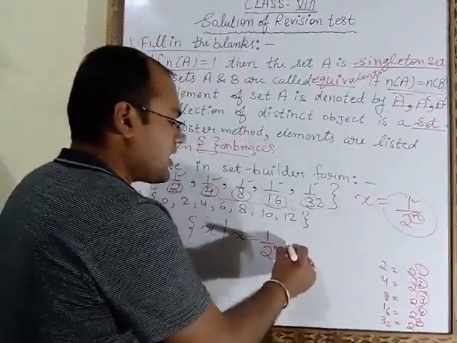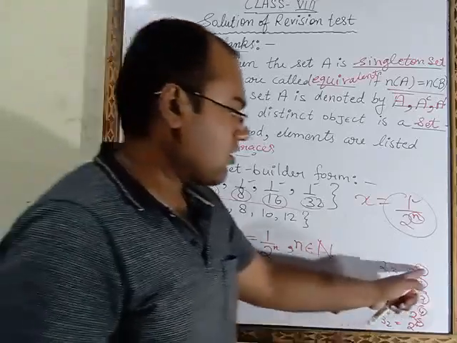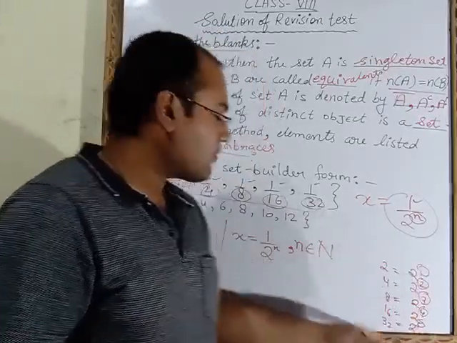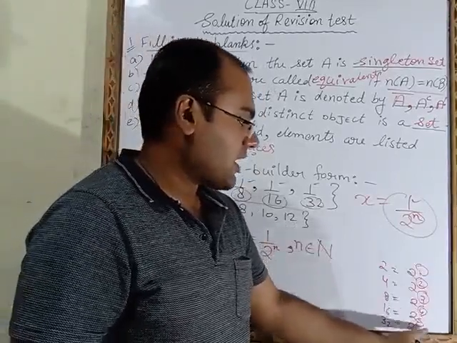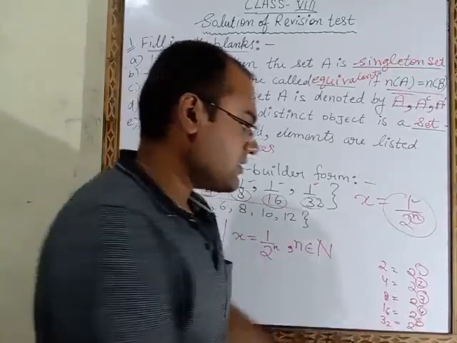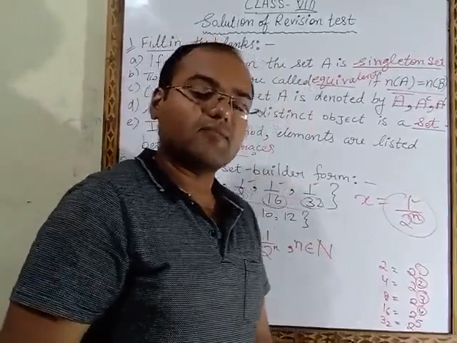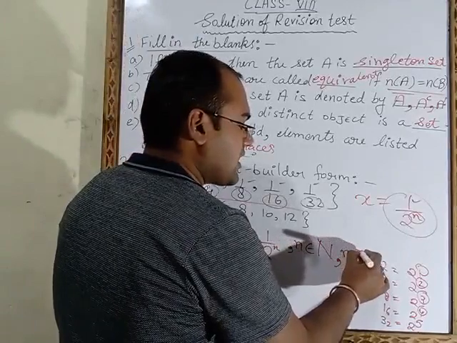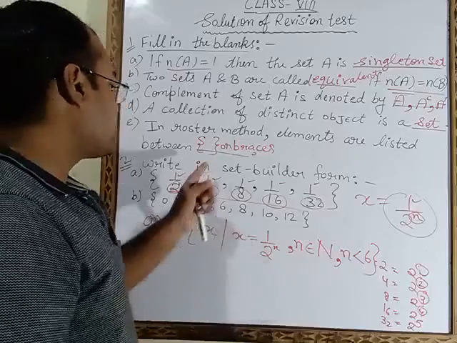So we can say that n belongs to capital N. Capital N means natural numbers. All these powers of 2 are values of n, and these are natural numbers also. So we will write n belongs to natural numbers. Now the last value of n is 5, the last value we have written in 2 power 5. That means all these values are less than 6. So you have to write small n is less than 6. So this is the answer of the first part.